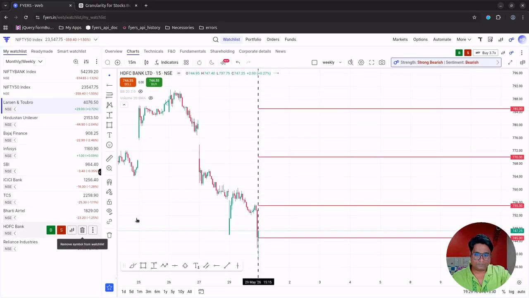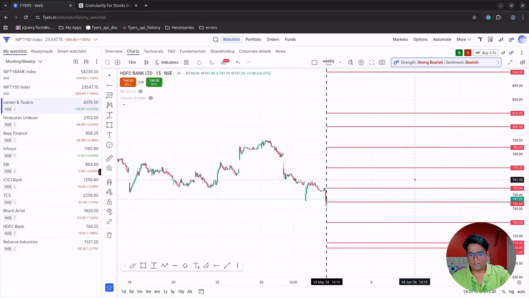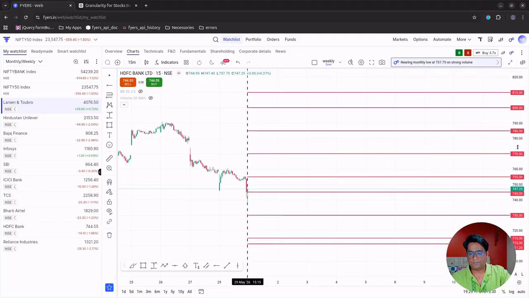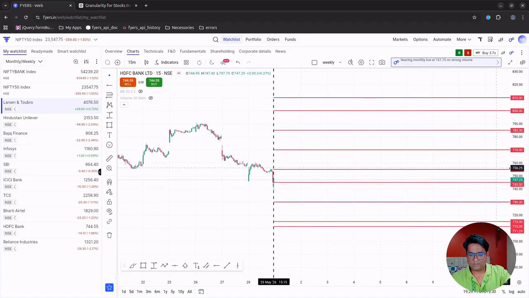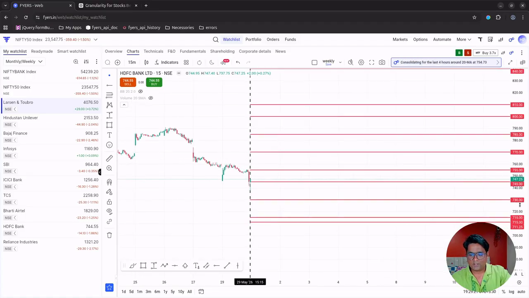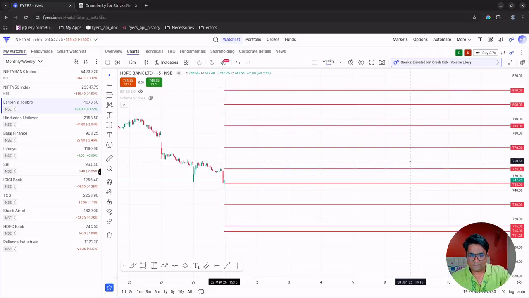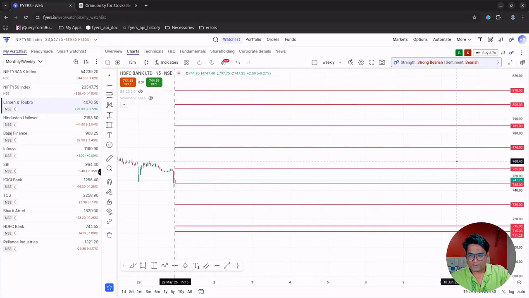HDFC Bank, yes. HDFC Bank's levels are clustered together. Expect choppy market. This kind of key levels, I don't like these kinds of key levels. These are very clustered together, so expect market to be choppy. Because see, void between the key levels gives you the momentum. Larger the void, larger is the possibility of momentum. This is very much clustered together, so there might be some whipsaws. You just take a screenshot of HDFC Bank and refer to these levels.